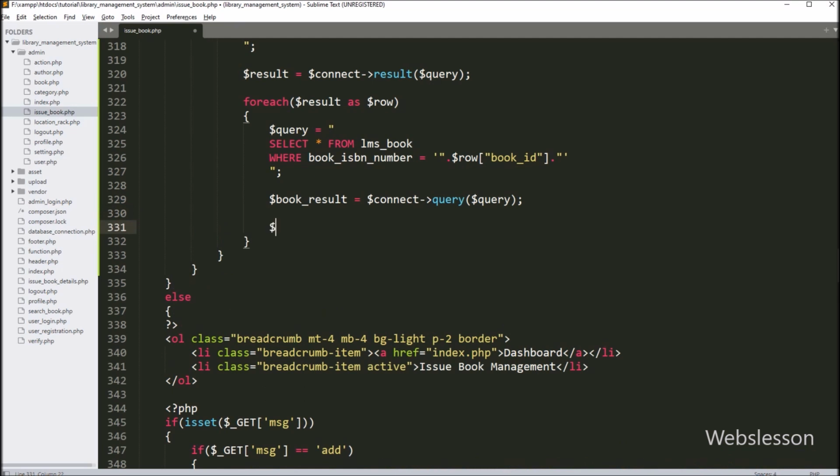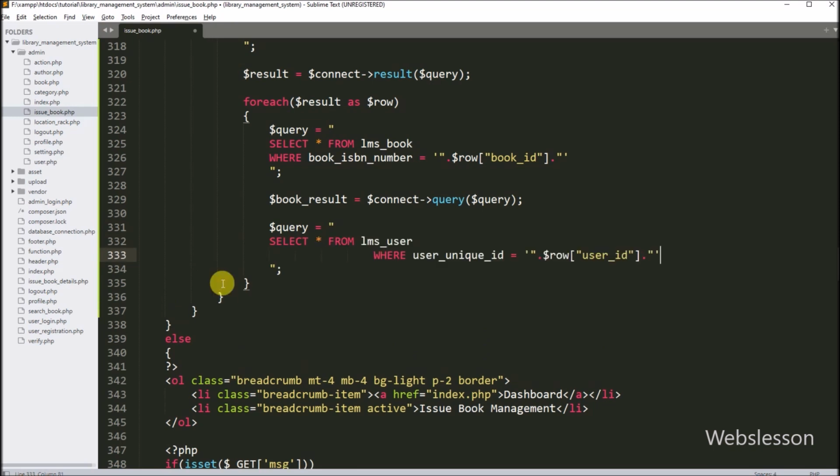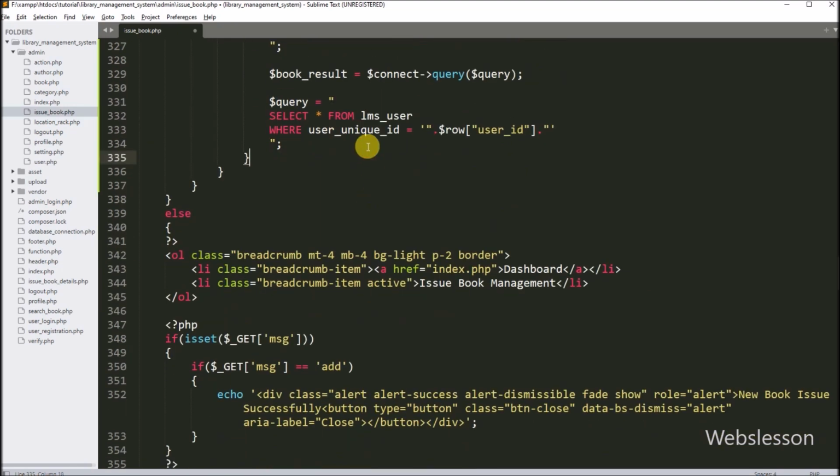Same way, we want to get user data also, so for this, here we have to again write $query variable is equal to select star from user table, and under where condition, we have to write user unique ID is equal to $row user ID variable. So this query will fetch user data from user table.